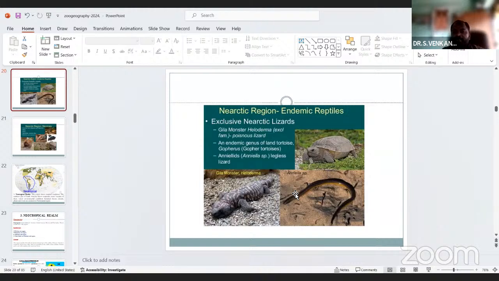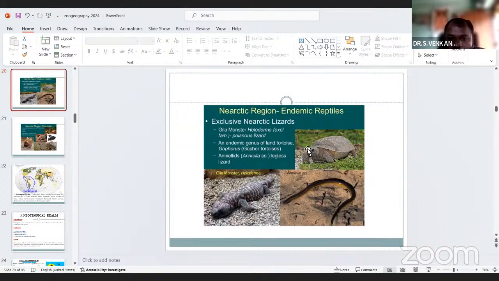Endemic Nearctic lizards: Gila monster and Heloderma, a poisonous lizard, and the endemic genus of land tortoise, the gopher tortoise, annelids, special legless lizards. Here Gila monster and Heloderma are poisonous lizards, and annelid means annulus, the soft and moist body.